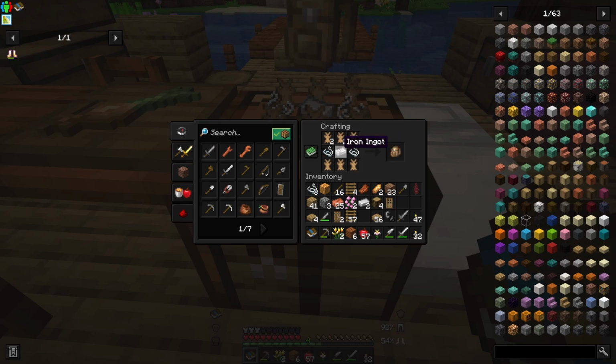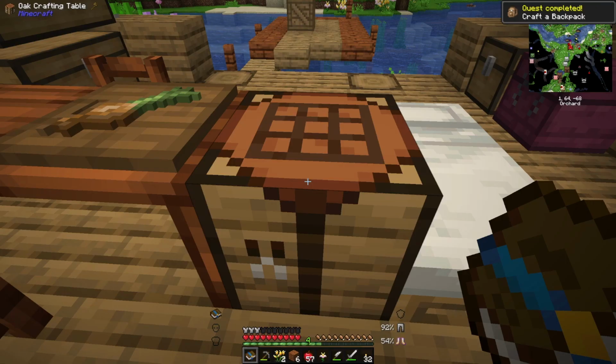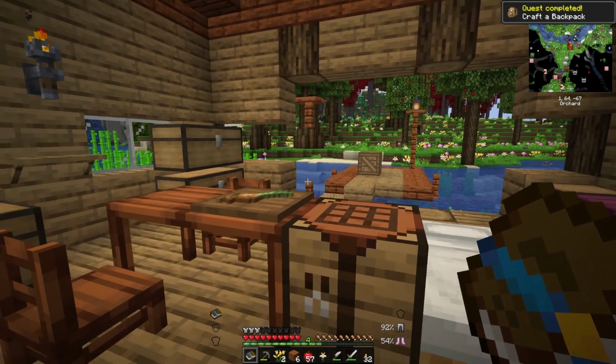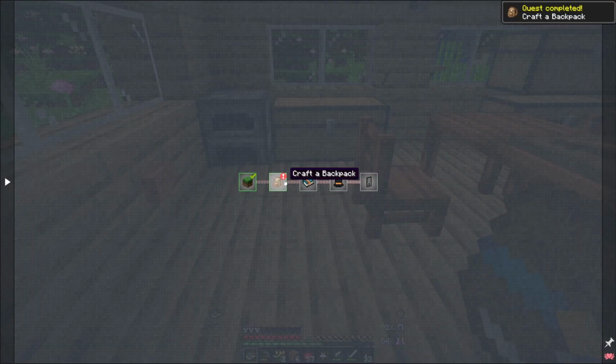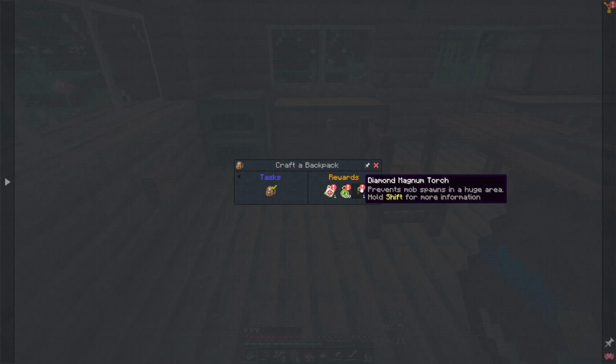1 of you can go there, 1 of you can go there. And look at that, we've got our backpack. That's our quest objective. Quest completed, craft a backpack. Okay, give me a harder one next time. And I can collect a calendar, 100 experience, which will help because I died so much, and a diamond